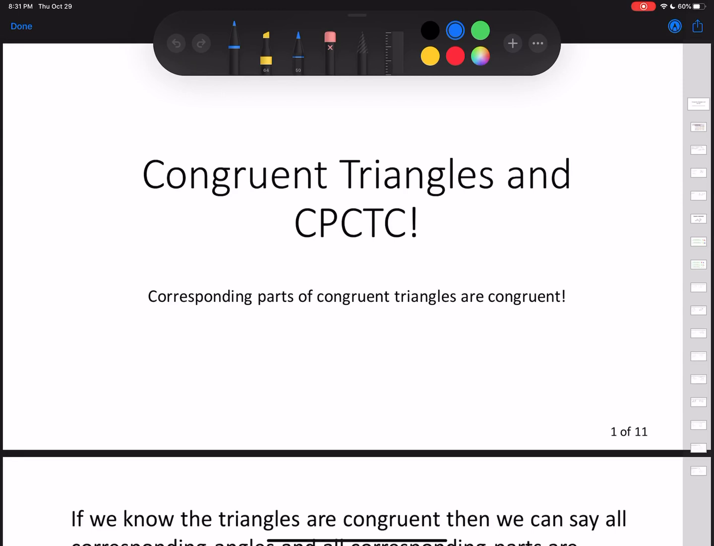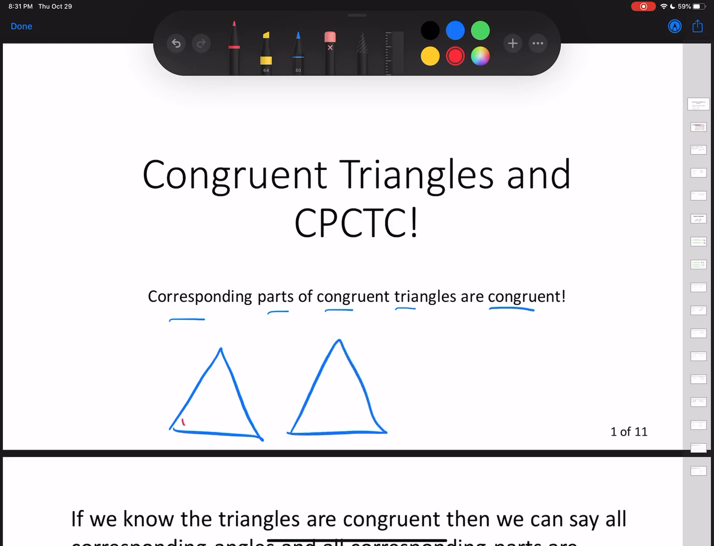about proofs. But CPCTC stands for corresponding parts of congruent triangles are congruent, meaning that if I can prove that two triangles have corresponding parts congruent, then every single part of the triangle is congruent. So if I'm talking about two different triangles, think to yourself, what are the different parts that I have of